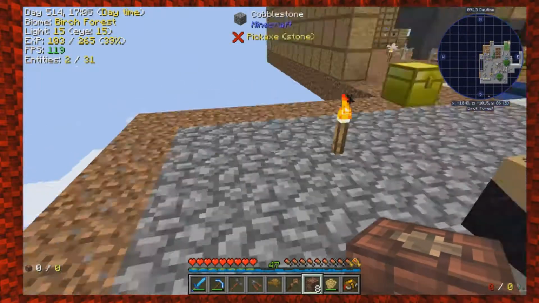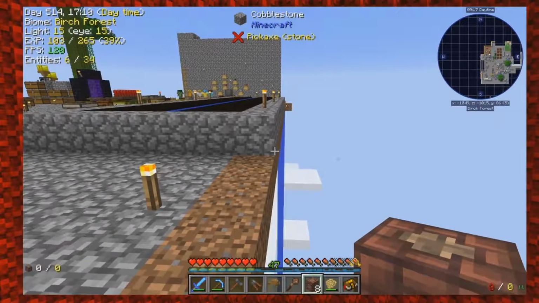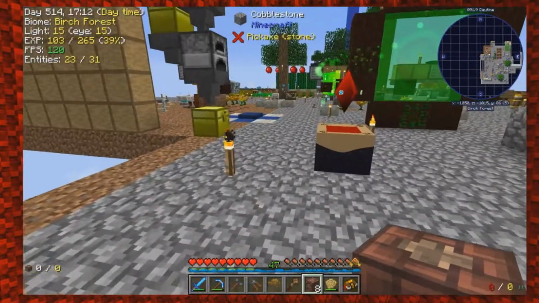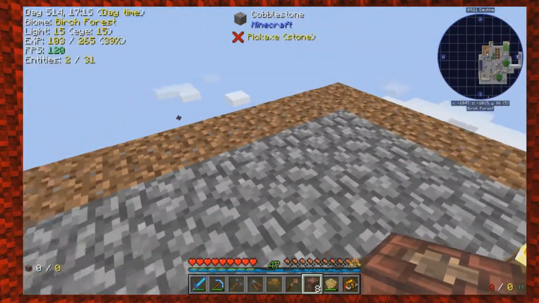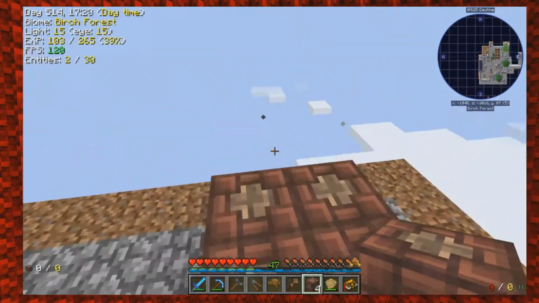So let's just put... I'm trying to think. Yeah, I'm going to have to really build out this way in order to get this to work. That next machine I'm making is going to be pretty big. So let's do, I'm just guessing here. We're going to stack,